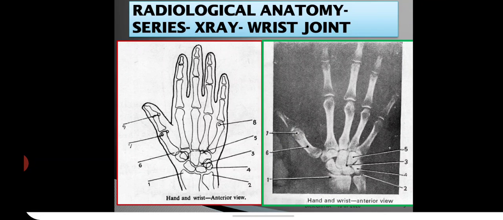9, 1 or 2 sesamoid bones are frequently present opposite the interphalangeal joint of the thumb, lying in the flexor tendons. Phalanges are also seen separated by the interphalangeal joints. The terminal phalanges give a spade-like appearance. So these are the details of the X-ray of the wrist joint.